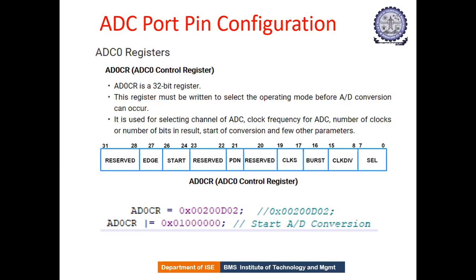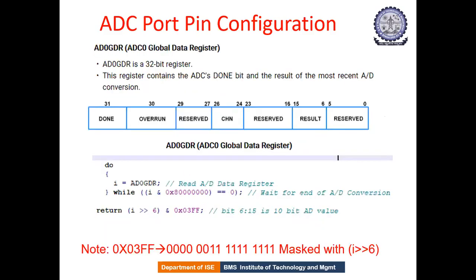Whenever we are initializing or using ADCR, we are supposed to initialize it with 0x002. That means we are performing a start operation. Bits 24 to 26 are made high, so you can make those bits high and see that it is performing a start operation. We can enable some of the clocks whatever we require, and we can enable the mode using the select bit. So instead of remembering all the bits, we can remember the value that ADCR should be initialized with.